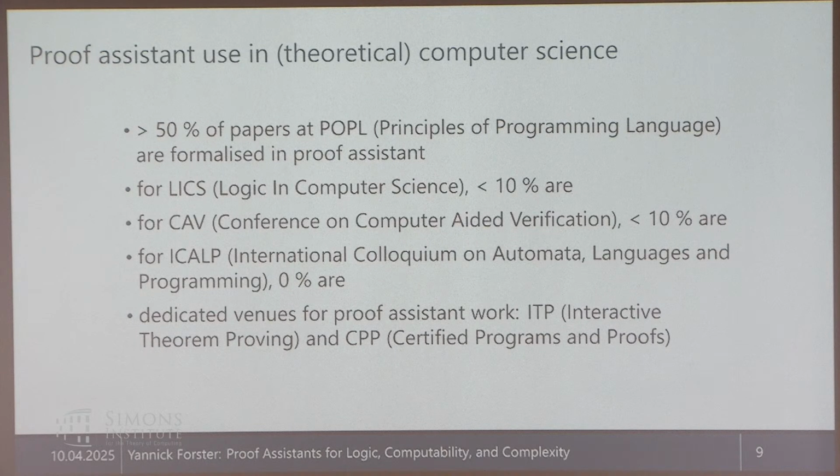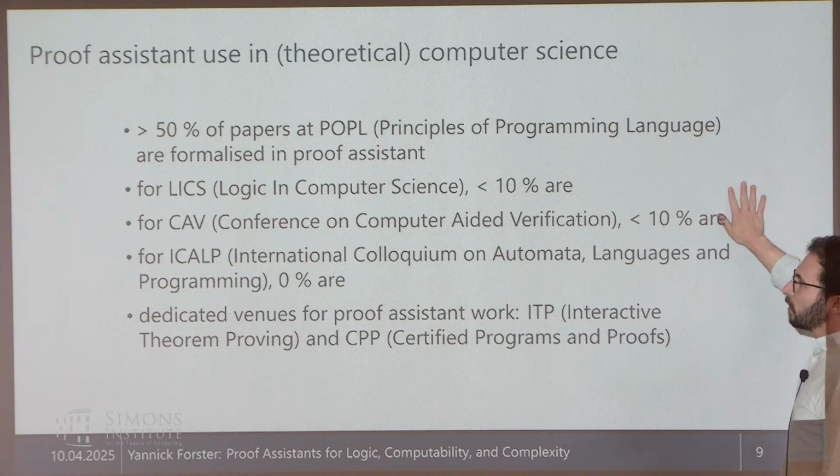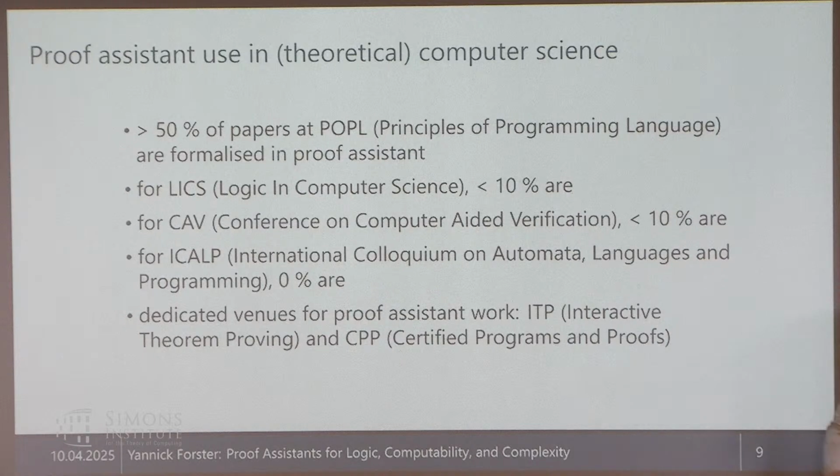Right, and now the technical part of the talk, which is not super technical, is going to be about why we see this. Can this be explained? Is this only social, that the programming languages people do it, the logic people not so much, and the further you go into non-logic theoretical computer science, the less? Or are there deeper reasons? Actually there are technical reasons, and they're connected to the term invisible mathematics, and I will explain it connected to computability and undecidability, because there it's the most obvious that something is going on.